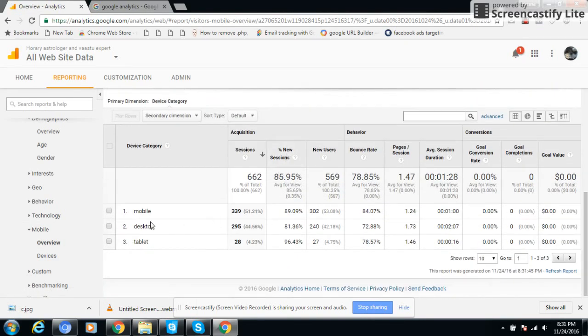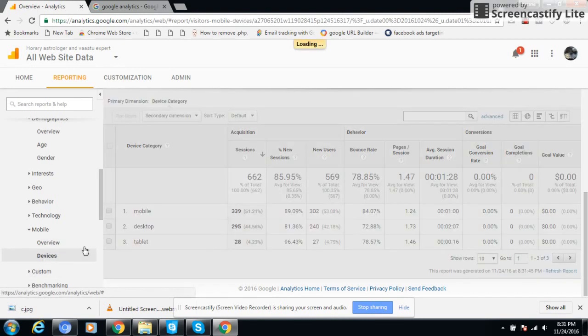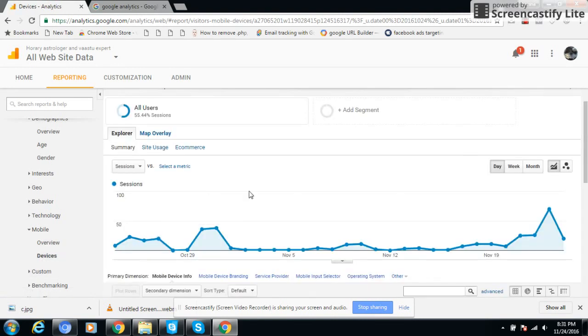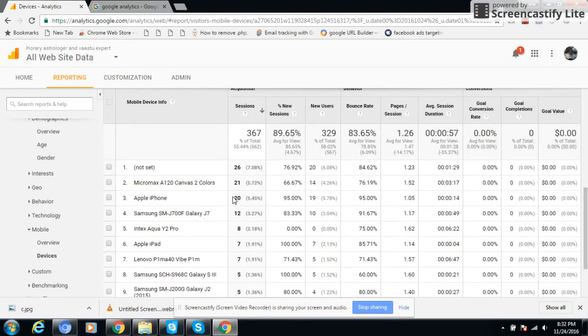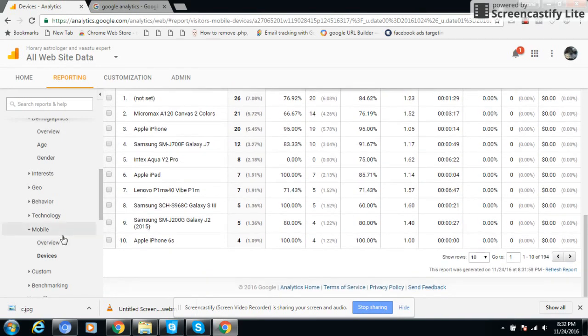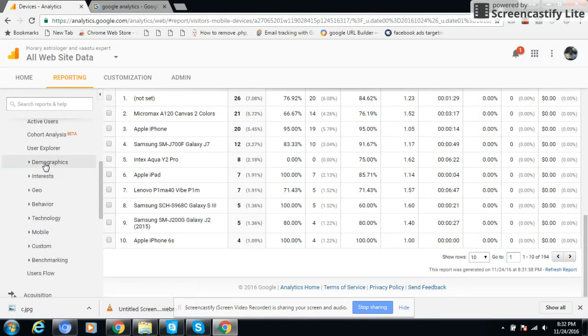And see mobile traffic 339, desktop traffic, tablet. Okay, even tablet is very important. Make sure your website loads properly on tablet, and the device used, the name of the device. You see, Google Analytics records everything, the IP, the data. Micromax, Apple iPhone. I think these guys are very rich people. Okay, their particular economic class can own an iPhone, even Samsung Galaxy. Okay, and custom audience. Yeah, let me see demographics. Okay, interest. Okay, technology. Yeah.